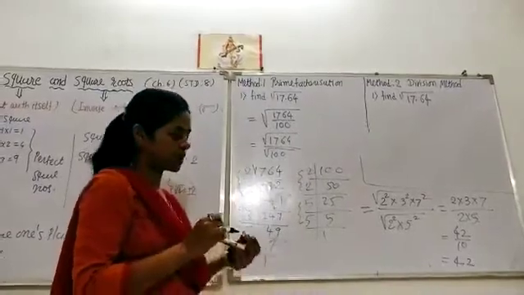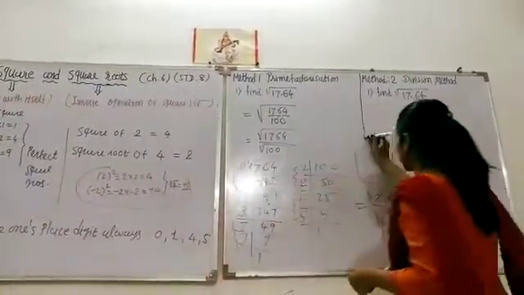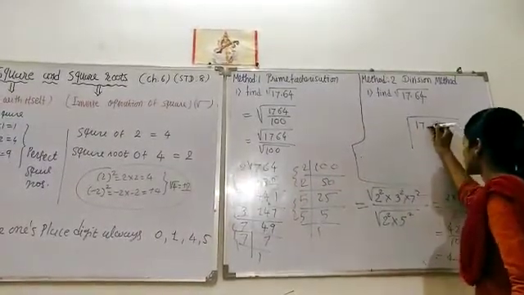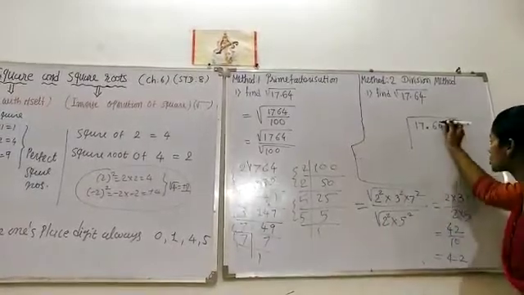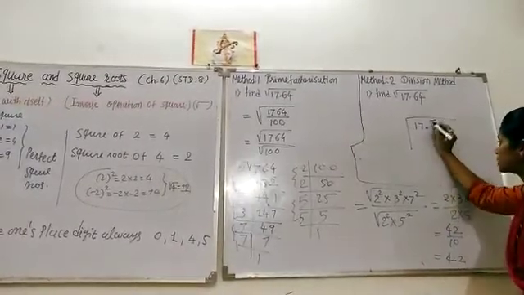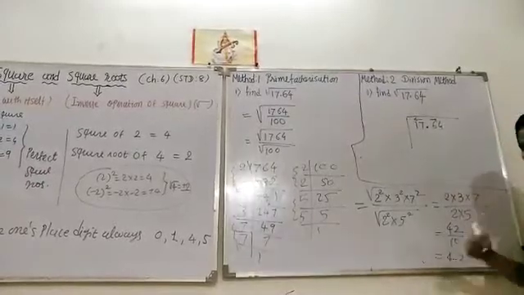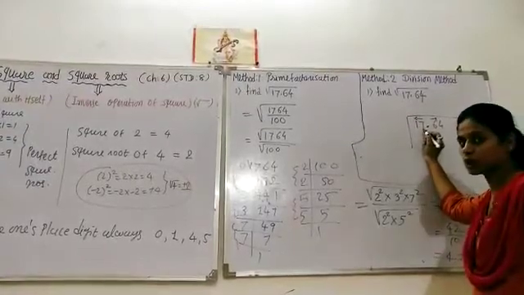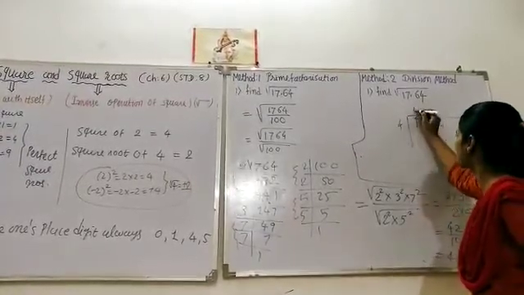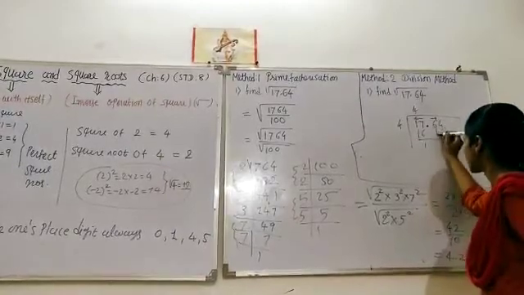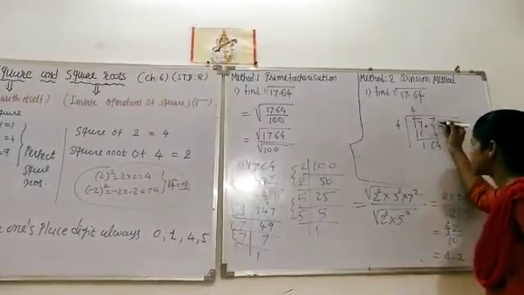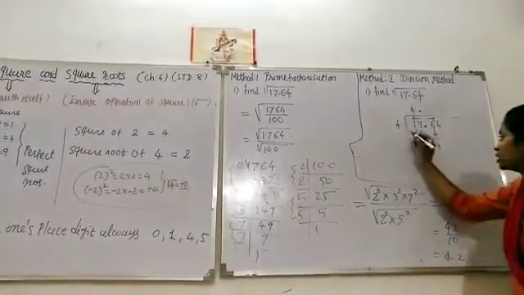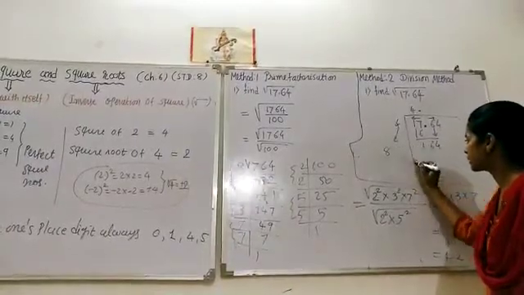Now consider the same example for the division method. For the division method, you should write the given number, and in a decimal fraction you should make pairs from the decimal to the right and from the decimal to the left. So there are 2 pairs of the given digits. Now 17's perfect square is 4 because 4 4s are 16. 1 and this whole pair is brought down. After the decimal point, the pair is brought down, and you should write the decimal point here. 4's double is 8, write here.